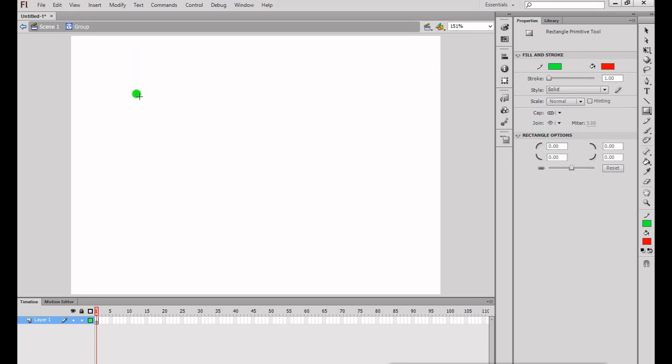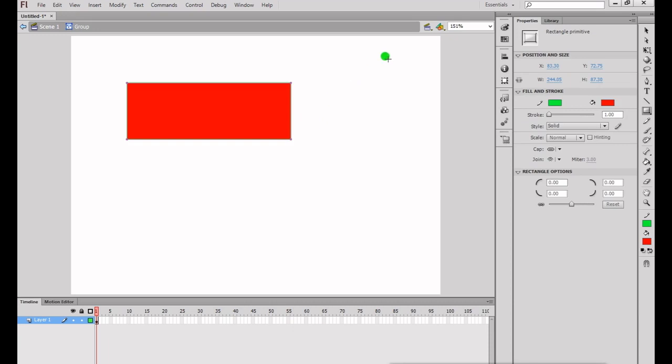Hold the mouse on the rectangle tool and select the rectangle primitive tool from the pop-up menu. Yes, drag the rectangle primitive tool on the stage. This area is called the stage. Then drag and leave it.